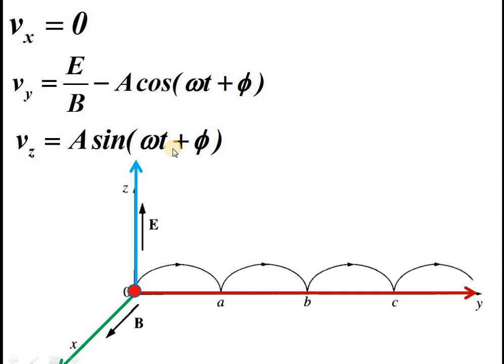So once you got velocities, you can easily find x. Okay, there is another set of differential equation. By using this, we can get the value of x, y and z. Very simple. So this is actually showing the velocity of the particles along the y direction, z direction, and of course along the x direction. As the graphic shows you, there is no velocity along the x direction, but there is velocity along the y direction and along the z direction, where we need to calculate the values of A and phi.